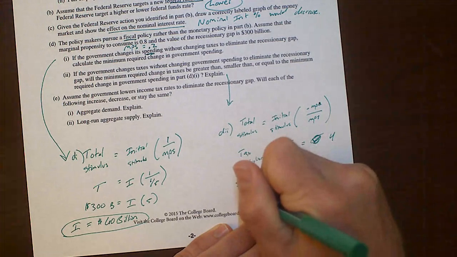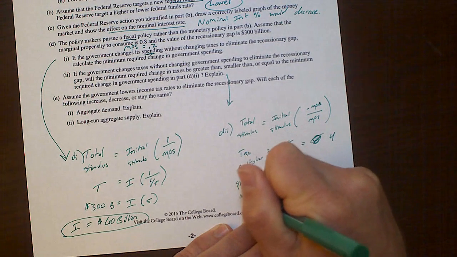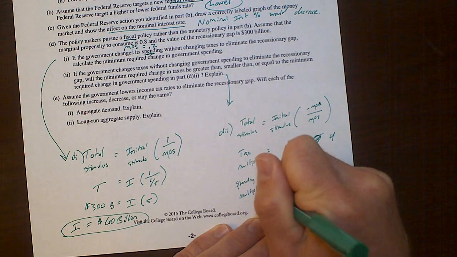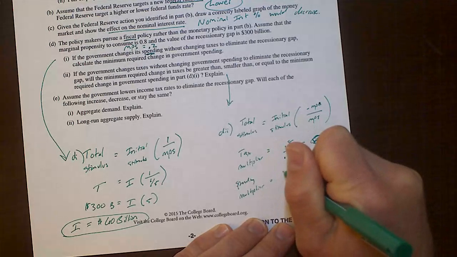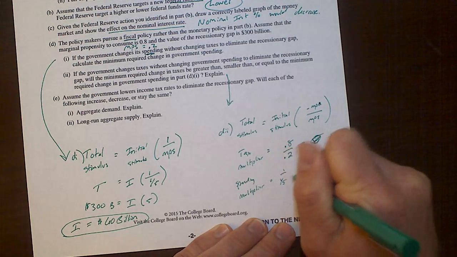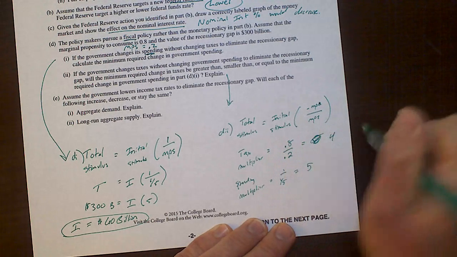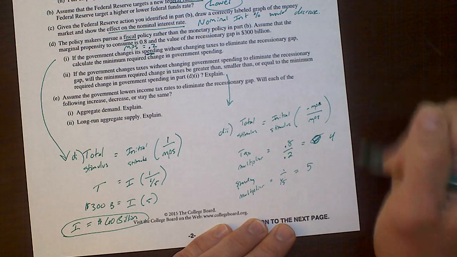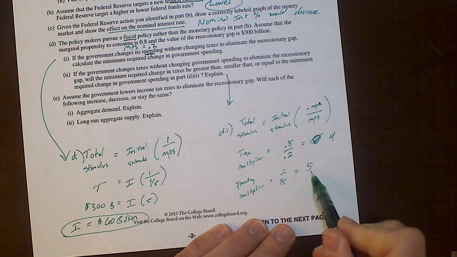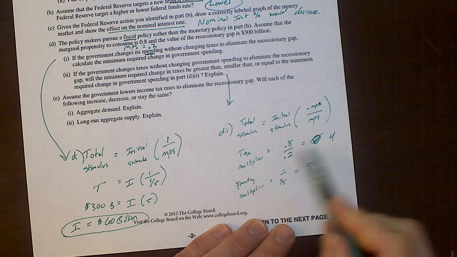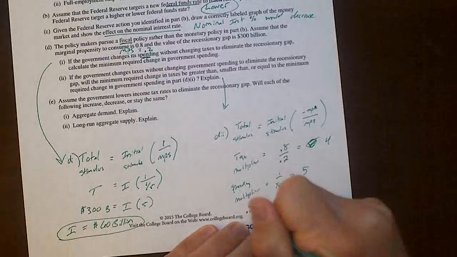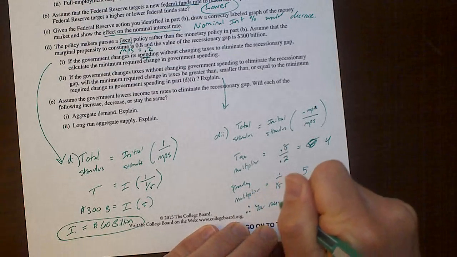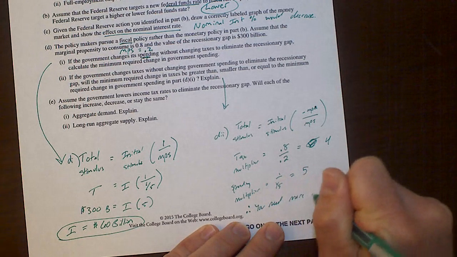Meanwhile, when we do the spending multiplier, it was 1 over 0.2, which was equal to 5. And so this tells us that the spending multiplier of 5 is larger than the tax multiplier of 4. So therefore, you need more money